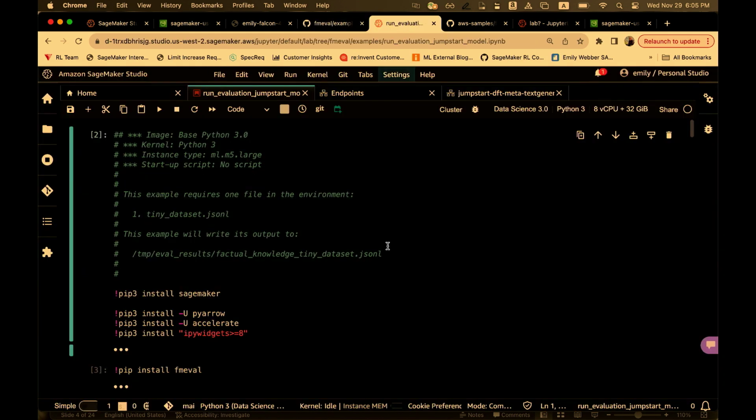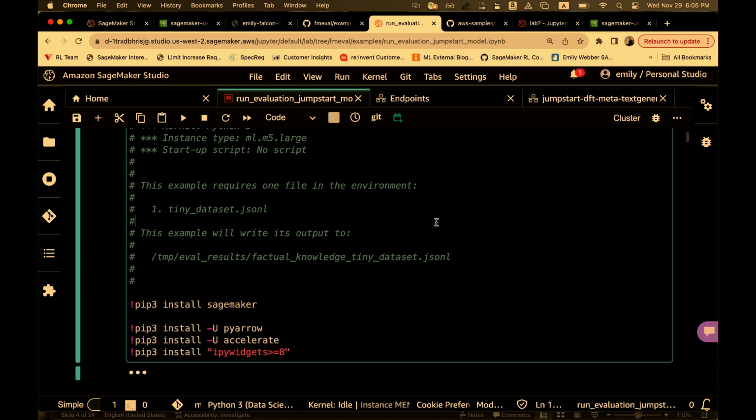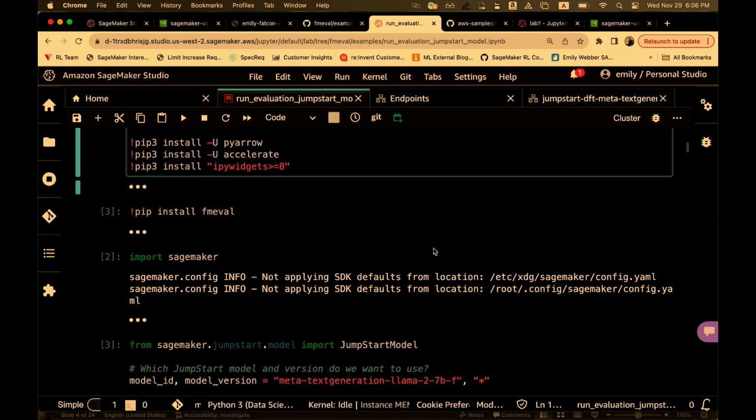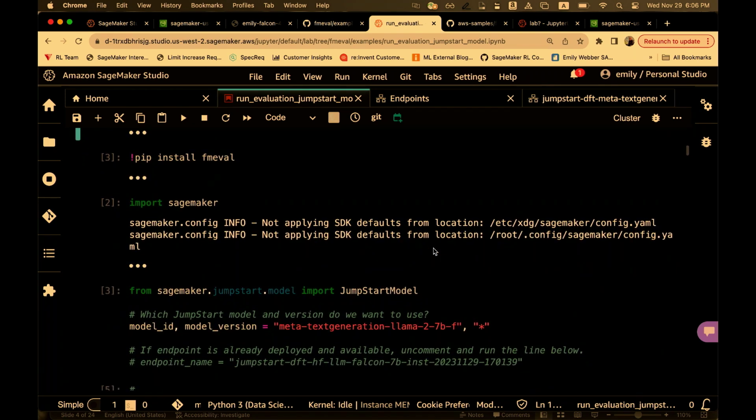I have a version of this running, so we're going to step through this very quickly. You'll see I'm in SageMaker Studio, and the library is going to run locally in a notebook, and then you can put that in a job if you want to. But when you're stepping through this just to explore it, you'll want to set up a slightly larger instance. The M5.2 is fine. I am probably running on a little bit more just to make sure this was nice.